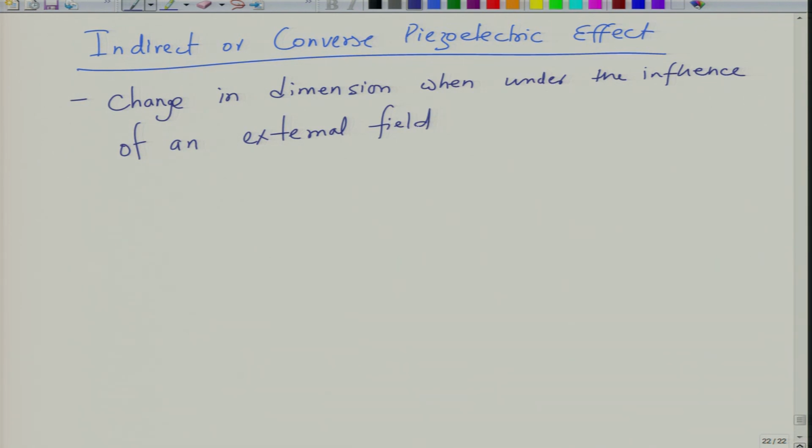Okay. So, when you apply an electric field, then they show a change in the dimension, or the strain. So, this converse piezoelectric effect is basically strain related to electric field. So, this is described as small xij, that is equal to